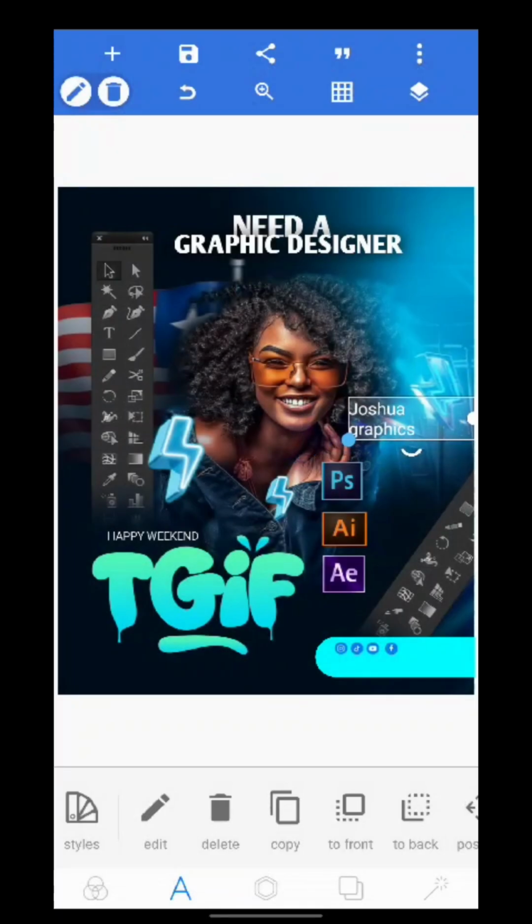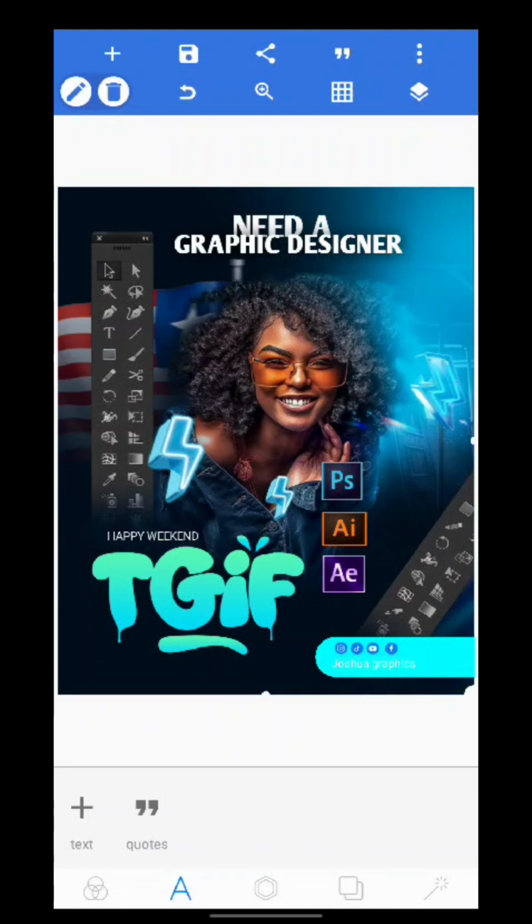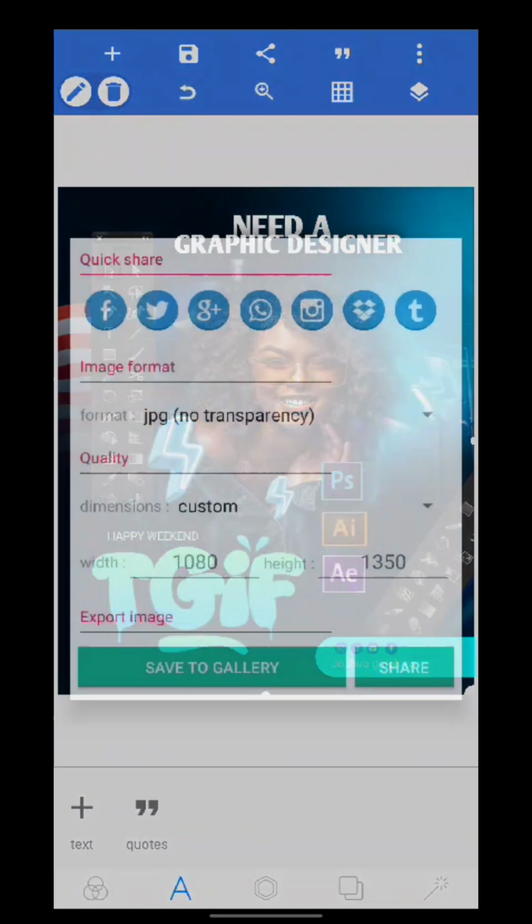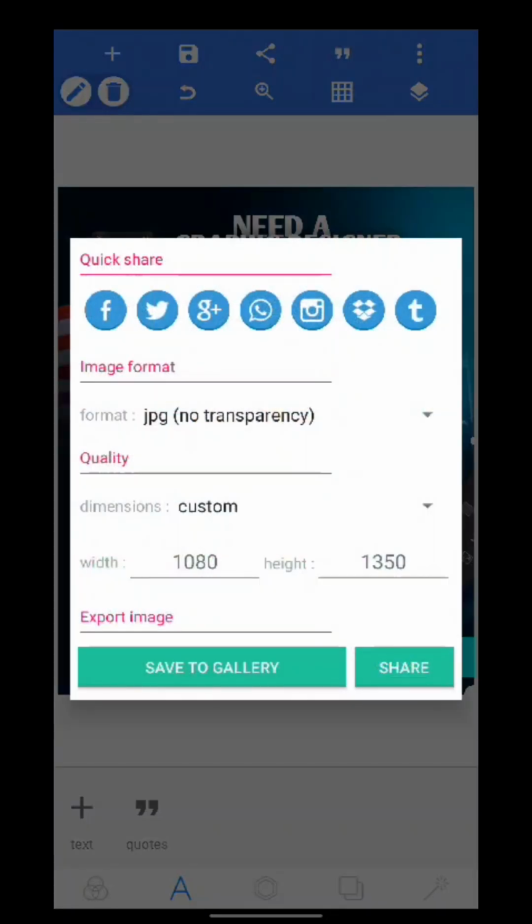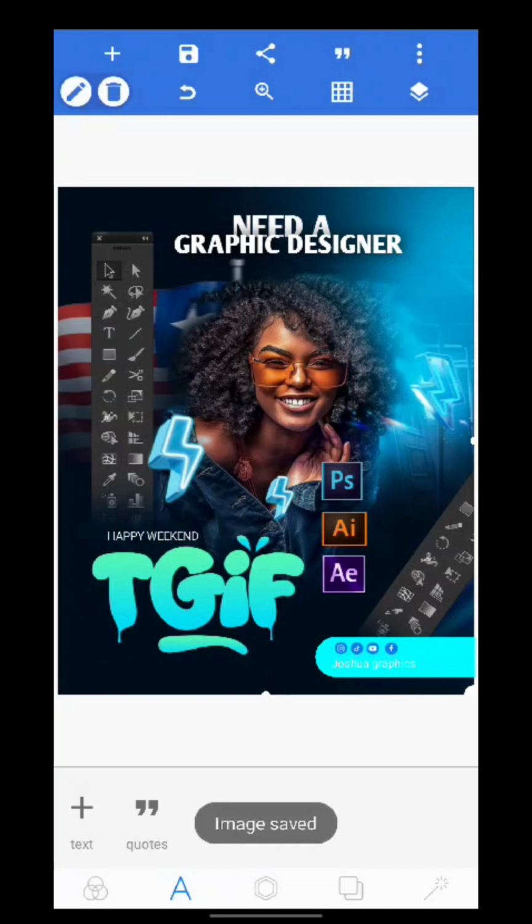So you can add your handle here, and that's it. So now let's save this, which we'll click on save as image and save to gallery,